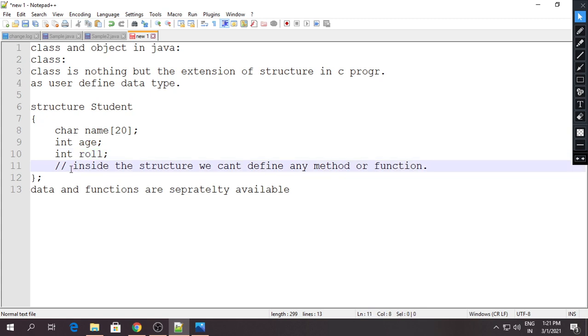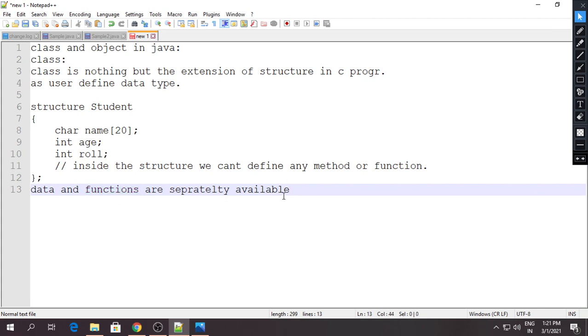But the structure in C has one drawback: inside the structure we cannot define any method. In Java we call it a method, and in C++ we call it a function. Because of that, the actual data gets stored somewhere and the function gets stored somewhere else.